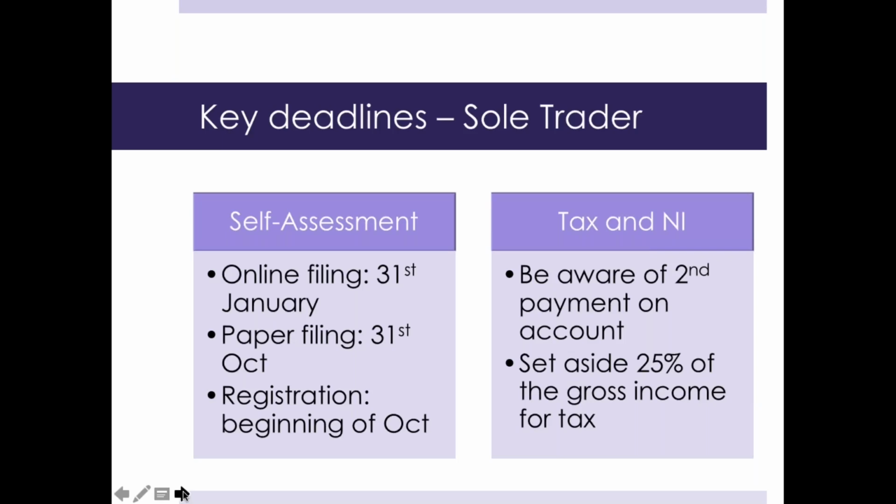And for the tax and NI, one thing a lot of people may find a bit surprising is that sole traders have a second payment on account. It's really literally a rule. It's not something that's logical. It's just a rule saying that if the majority of your income is